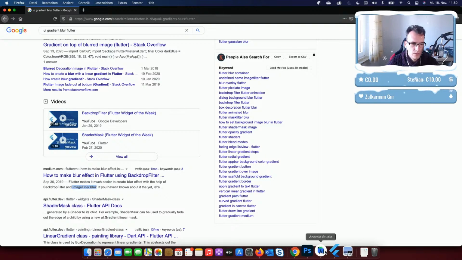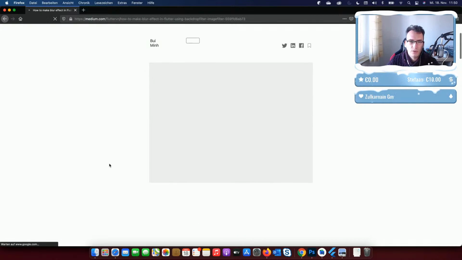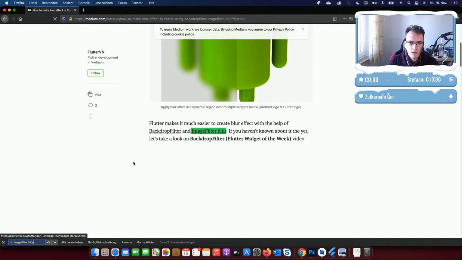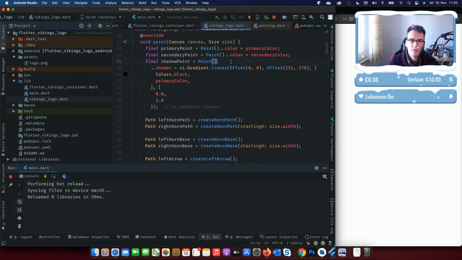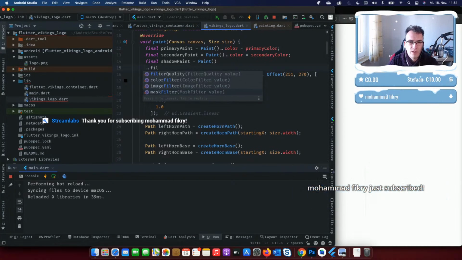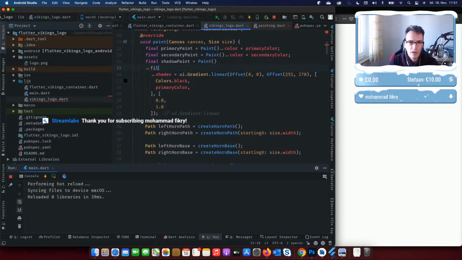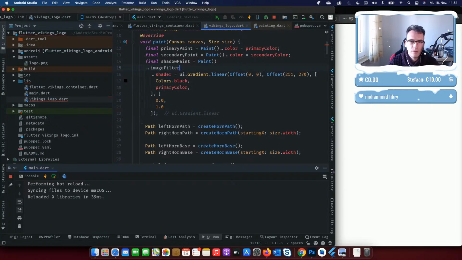Okay. So if we take a look here, the backdrop filter could be a solution for that. Image blur, backdrop filter. I think I saw something that we can add here, a filter. Image filter, mask filter. Thank you, Mohammed. And we have a color filter or image filter. And in our case, we want to have an image filter. Image filter equals